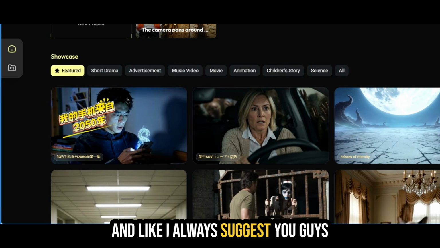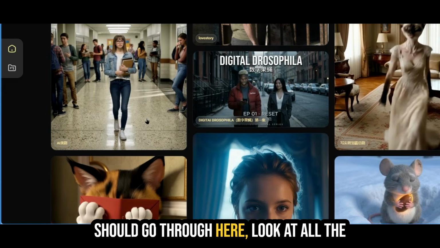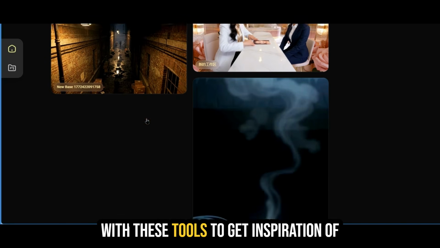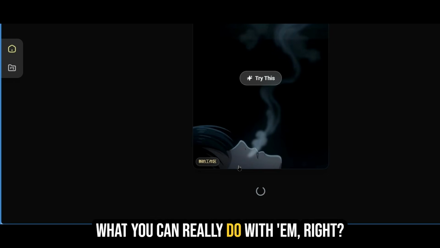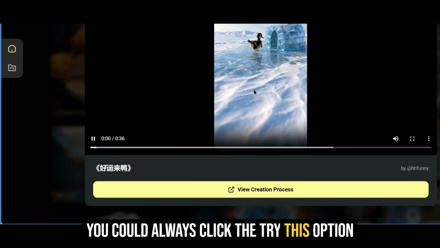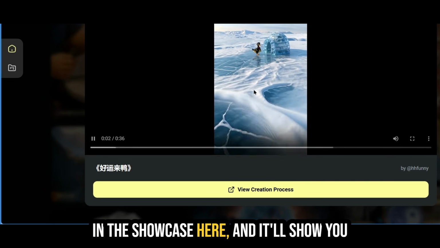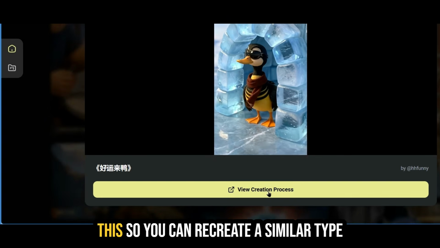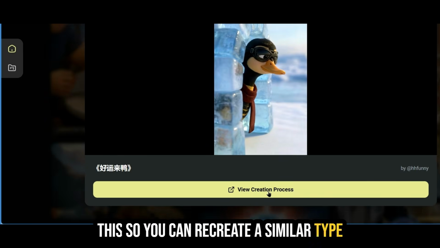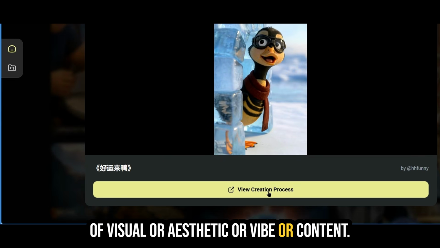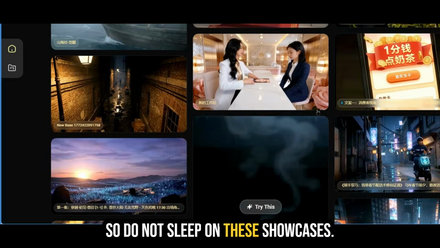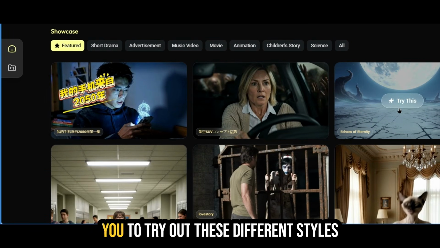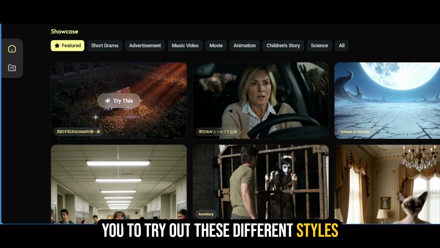And like I always suggest, you guys should go through here, look at all the outputs, see what people are creating with these tools to get inspiration of what you can really do with them, right? You could always click the try this option in the showcase here, and it will show you the creation process that was used to make this. So you can recreate a similar type of visual or aesthetic or vibe or content. So do not sleep on the showcases. A lot of these tools include this because they want you to see this. They want you to try out these different styles and looks